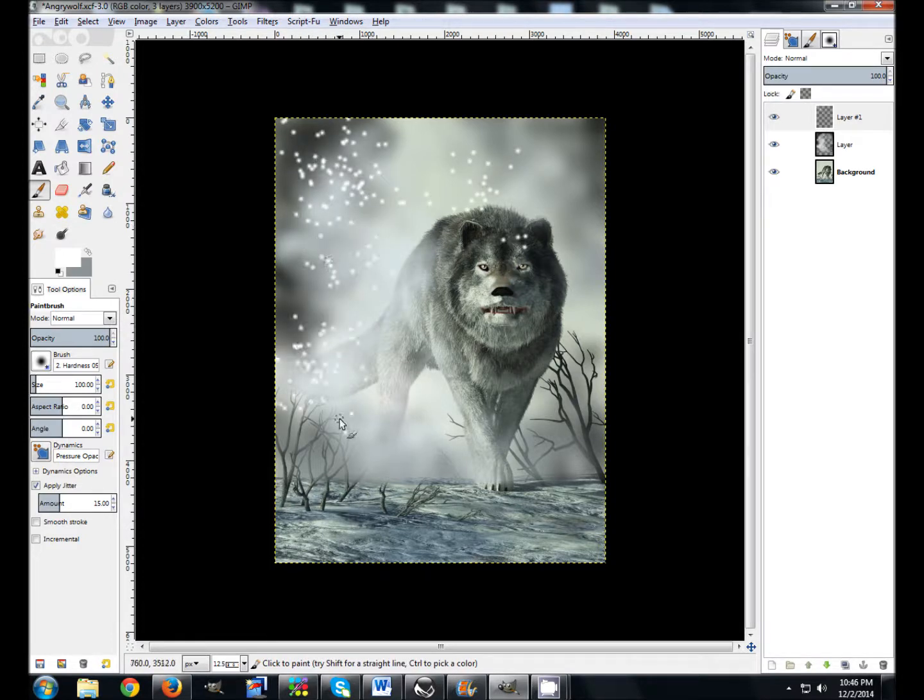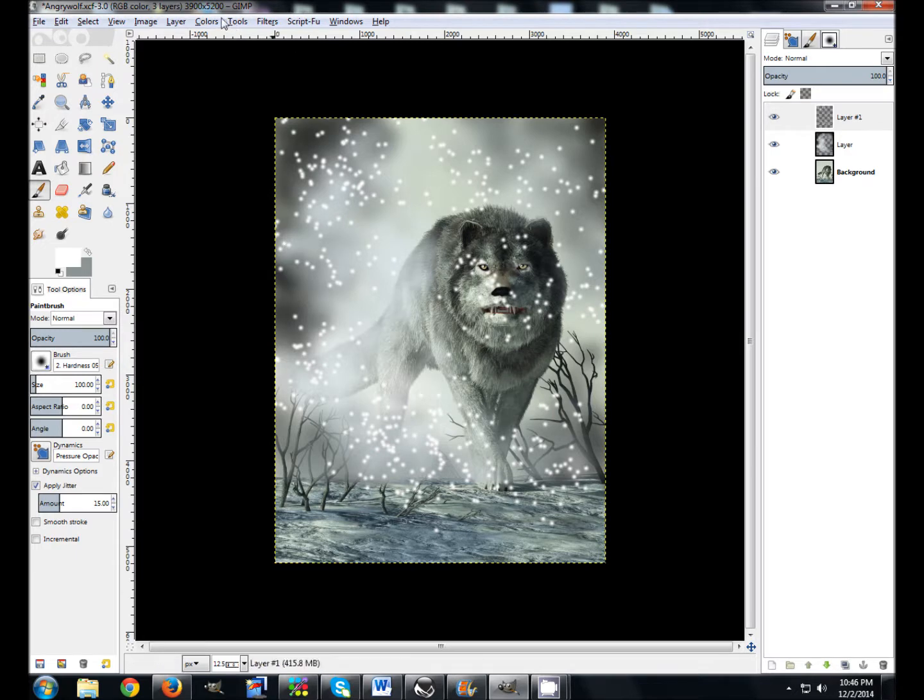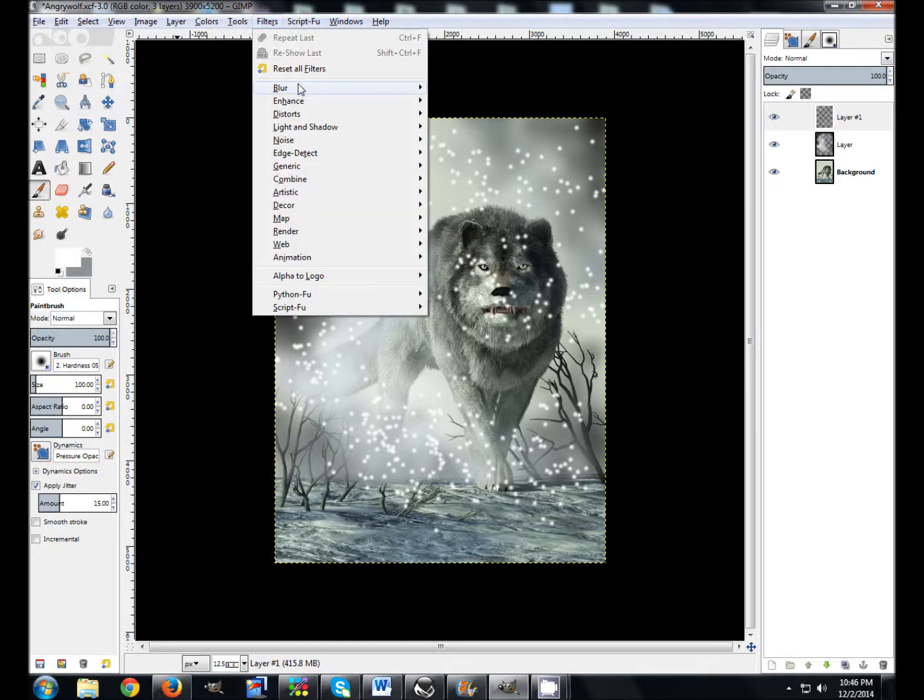And I'm just going to come in here and take a couple of quick taps to put some random snowflakes in. And I'm going to do one here where it really shouldn't be one, just to demonstrate something, to make a point in a minute. Okay, so now I've got some random snowflakes here, and I want this to be a storm, so I want them to be moving. So I'm going to go up to the filters and add a motion blur,